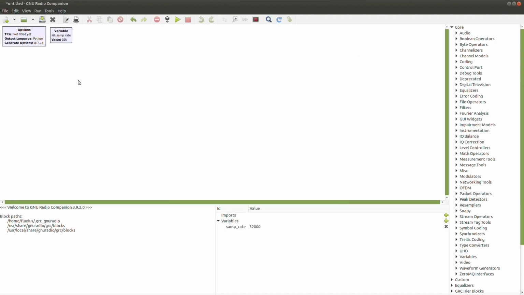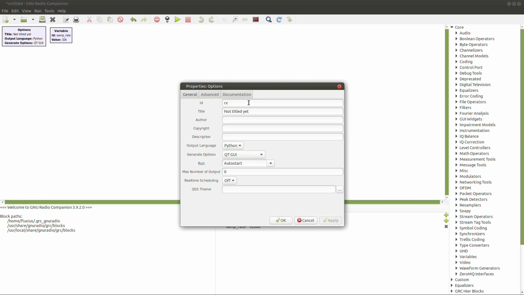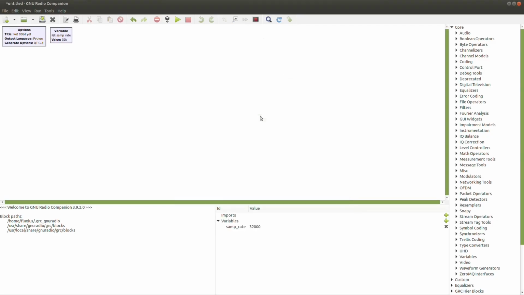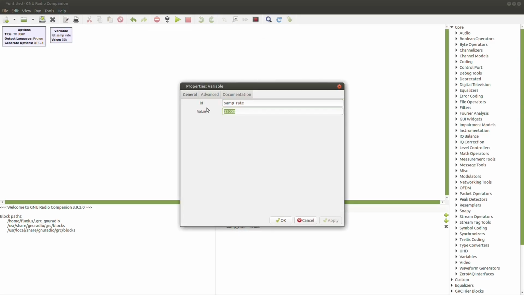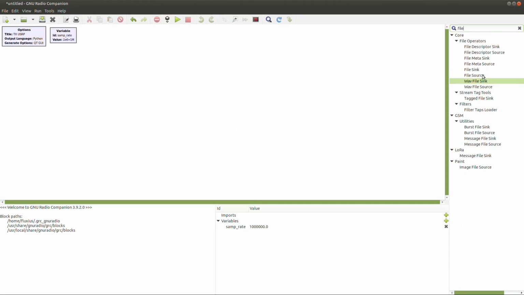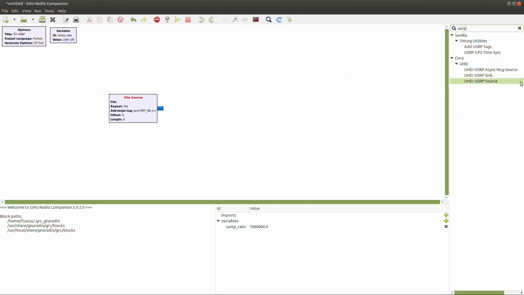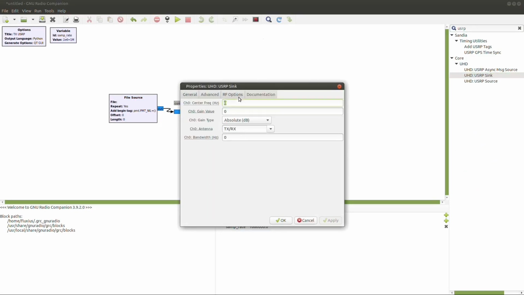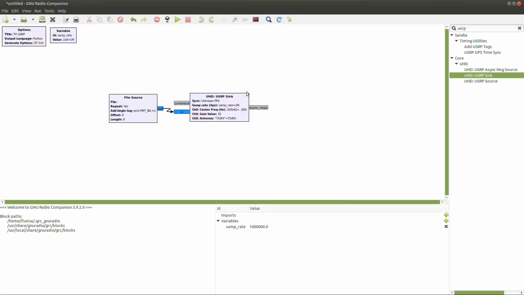So we'll do another project in here, and we'll just call it TX user P. Sample rate, we'll use exactly the same sample rates as for the capture, and then we'll use the file source, the user P. We'll make use of the same frequency, 433. Gain, let's use, for example, 20 gain,